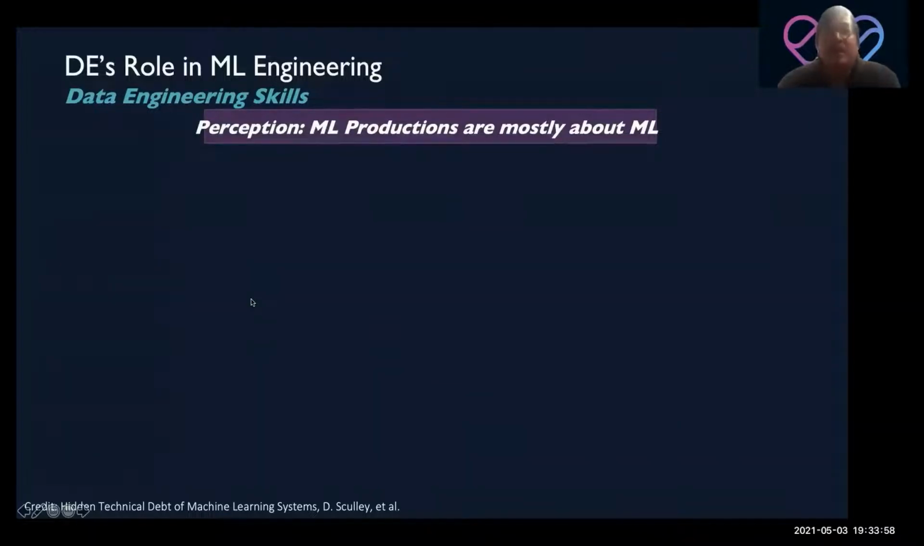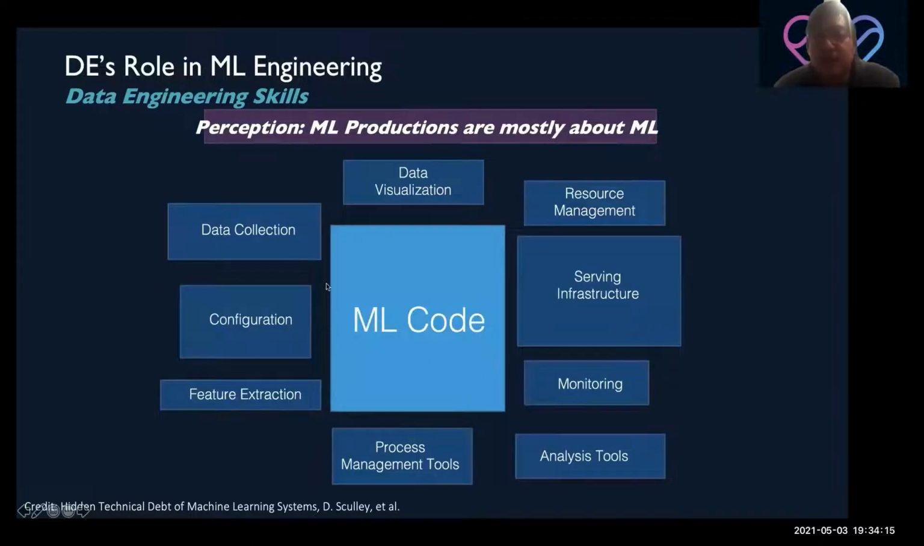Now, data engineering also sometimes plays a role in machine learning engineering. So in machine learning in production, I think the perception here is that ML in production is mostly about machine learning, right? That's the common misunderstanding, because this is how data scientists think about machine learning. They think the machine learning code is the most important. But if we look at the entire ecosystem, everything you're trying to build,